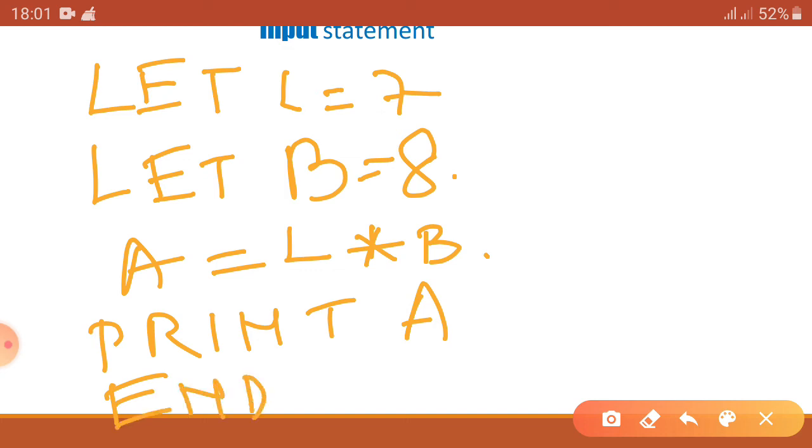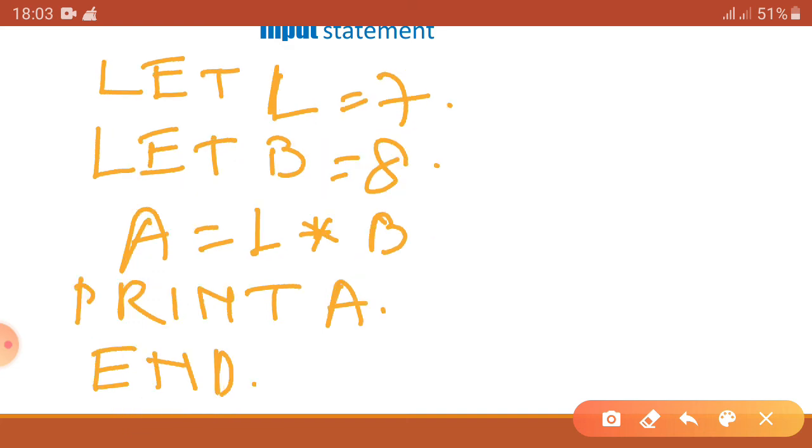Whatever I am writing, just look at L here, it is a variable, so we are assigning the value 7 to the variable L, and also the same thing, we are assigning the value 8 to the variable B. Okay, that means L holds the value 7, B holds the value 8.